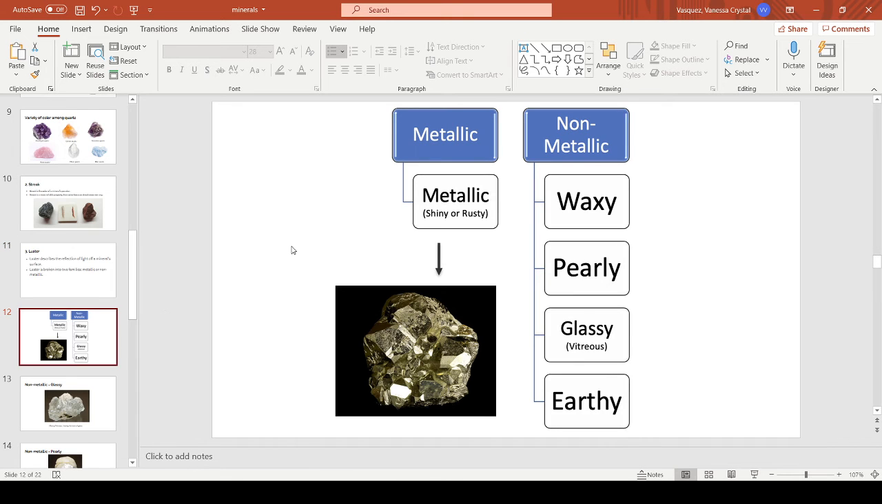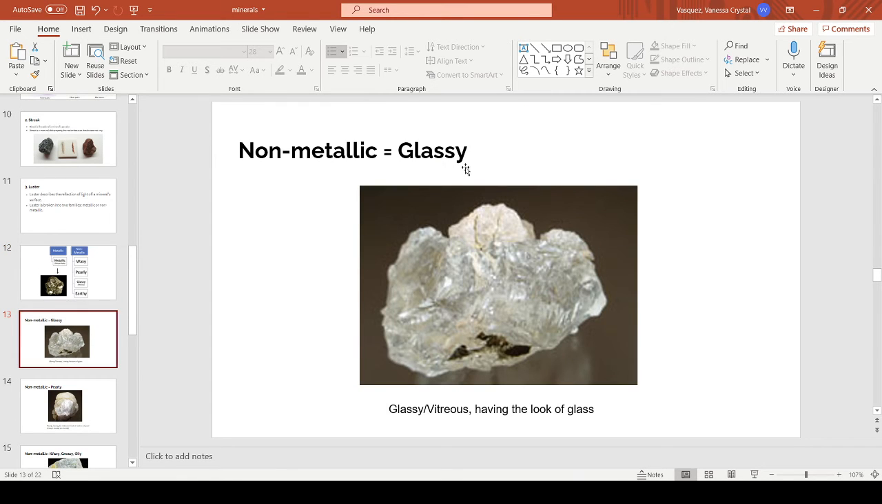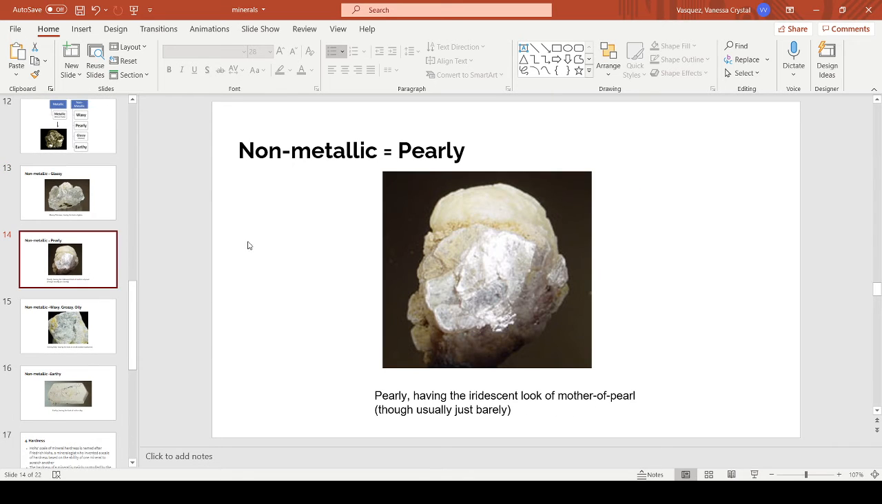So once you have your mineral, you can use this flow chart, and you can identify whether it's metallic or non-metallic. In this case, with this mineral, from using the flow chart, we would say that it's metallic and it's a shiny metallic. But there are a lot of options for non-metallic, and we will go through how each one looks. So for non-metallic glassy, it has the look of glass, and for non-metallic pearly, it has that iridescent look,